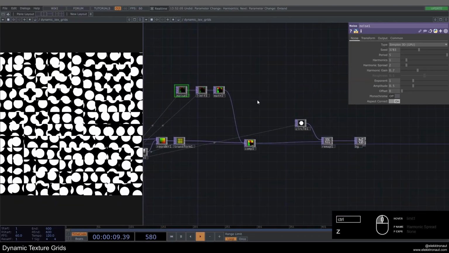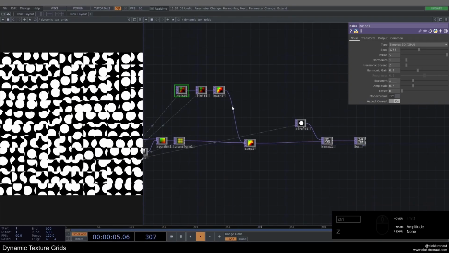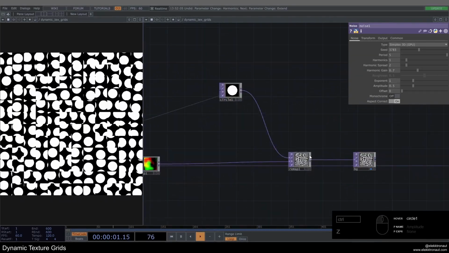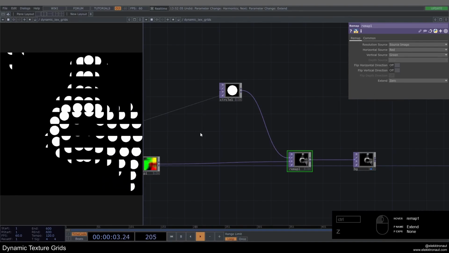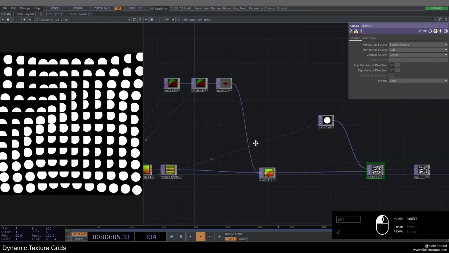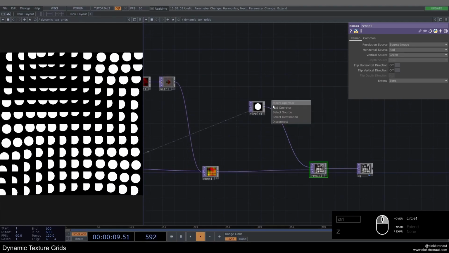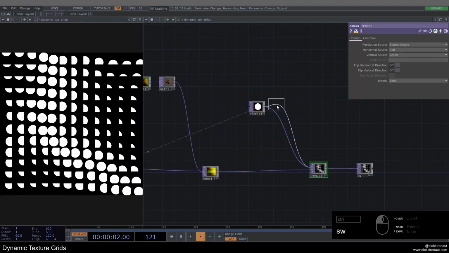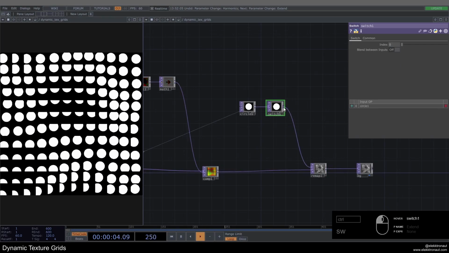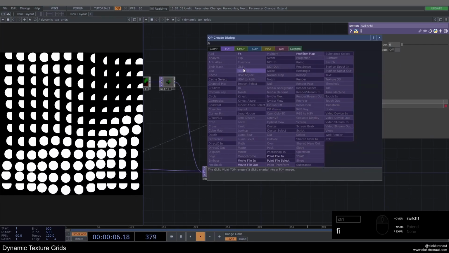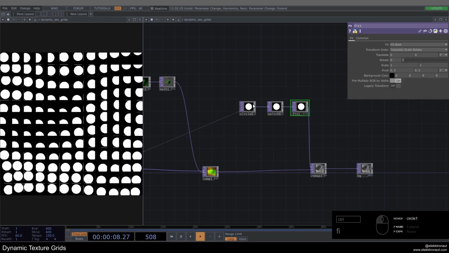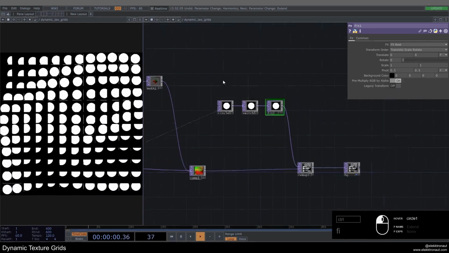The next step here would be to test out different inputs. So right now we have circle. Let's go back to 0 and let's just bypass the math so it's not as strong, the offsetting. And I'm just going to add a switch after the circle so we can nicely switch between inputs. And I'm also going to add a fit actually. So the fit is not going to be necessary for the circle, but we're going to add movie file in